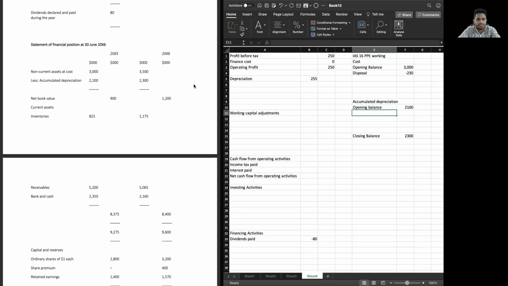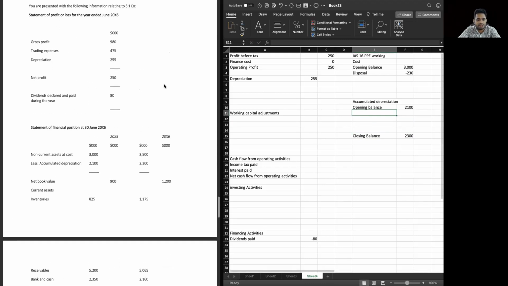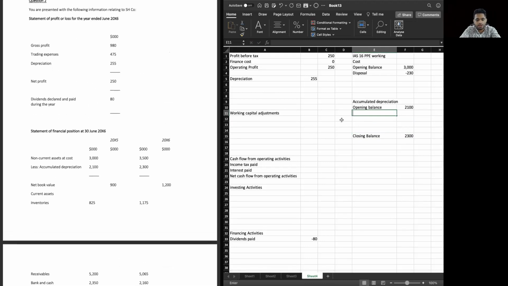Now in the question, they said that our depreciation for the year is going to be 255. So when you charge depreciation for the year, your accumulated depreciation will increase, right? So the balance should have been 2,100 plus 255,